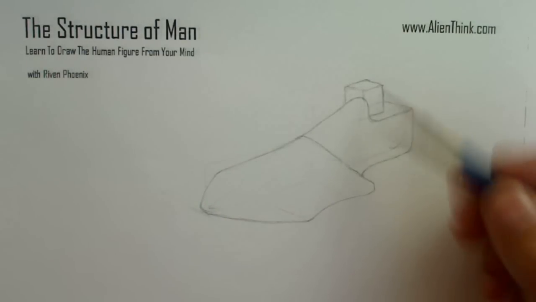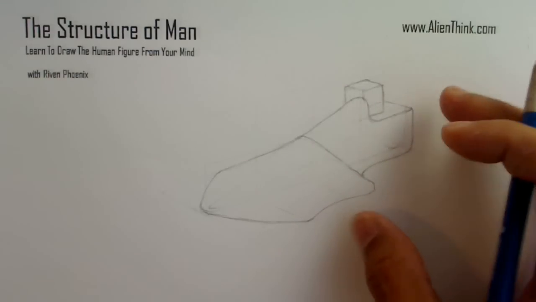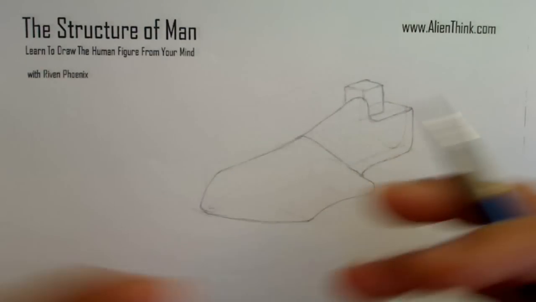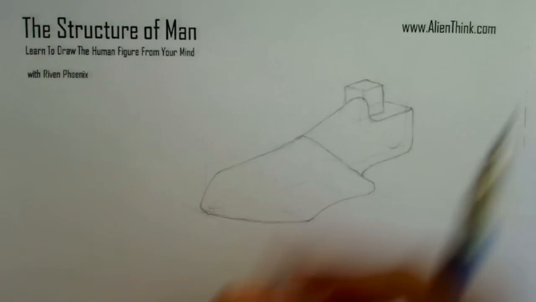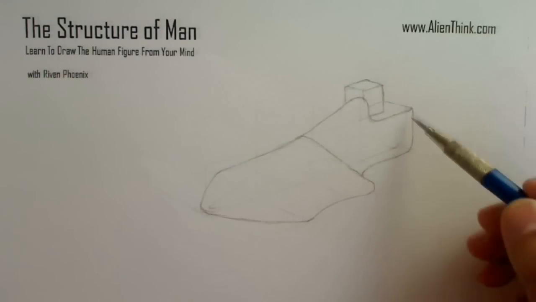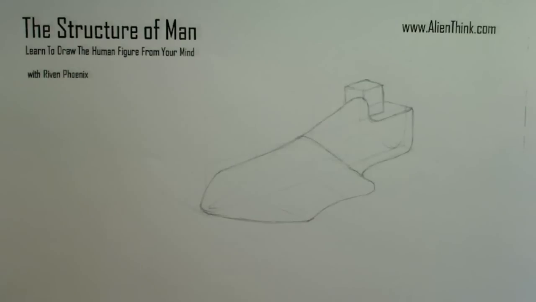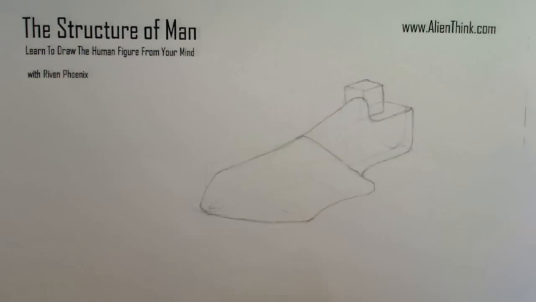Okay, so in the previous lesson we really looked at the power of the formulas, and what they allow us to do: form the ideas of the construction of the bone structure of the figure in any pose that we want, using just the formulas that we had shown. Or you could do it in the 3D sense that we talked about, which was really molding it out of a block of wood.